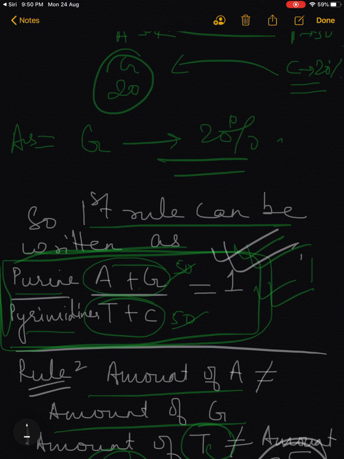So this was about the Chargaff rules and about the numericals which can come, 1 markers or 2 markers can come from this topic. Now in the next video we will be doing DNA